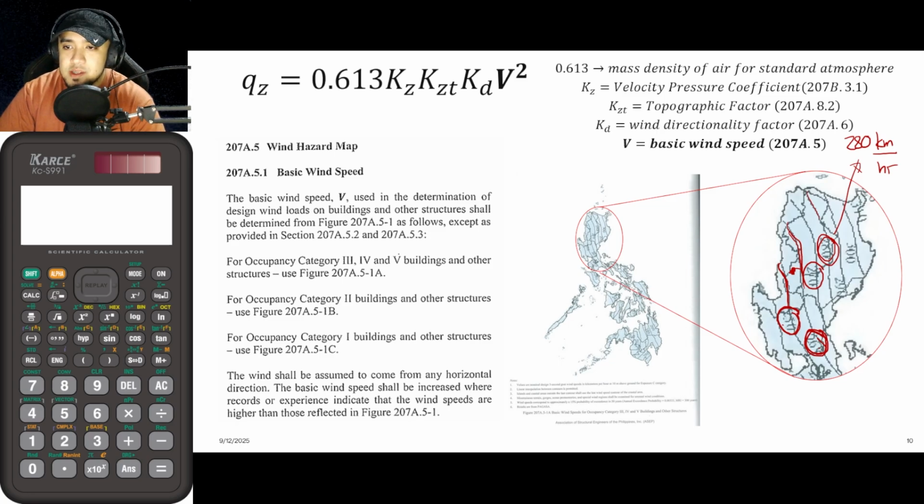So if this here is 250 and this here is 260, you would rather choose the 260 instead of interpolating if you want a rather conservative design. Okay, but take note once again that the values here are in terms of kilometers per hour,